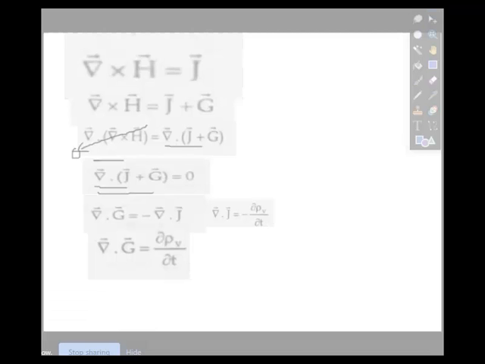So we come up with this equation, del by del T of del dot D, because we know that when we studied the divergence theorem, divergence of D is rho V. Divergence of D is rho V as well as delta dot D. Therefore delta dot D is equal to rho V. So we put rho V equal to delta dot D.